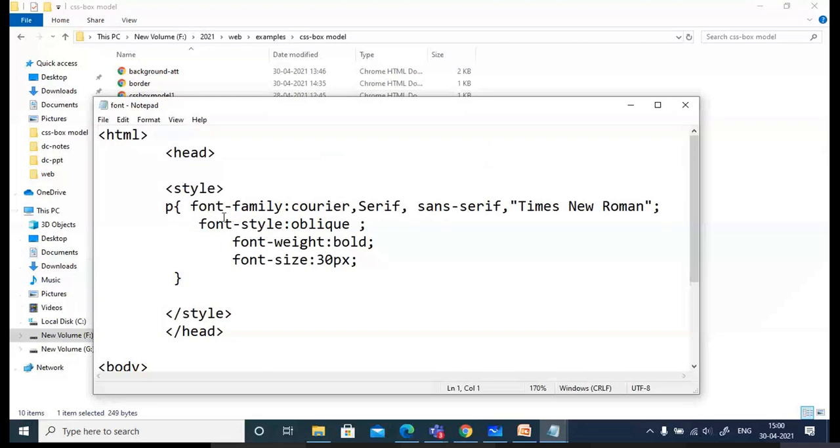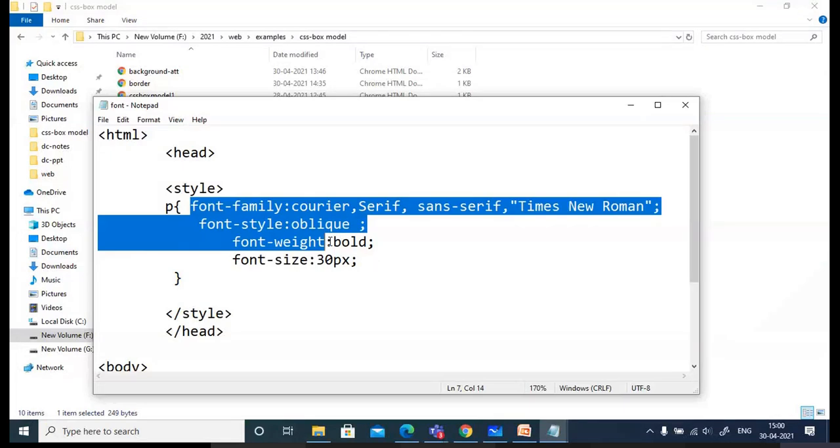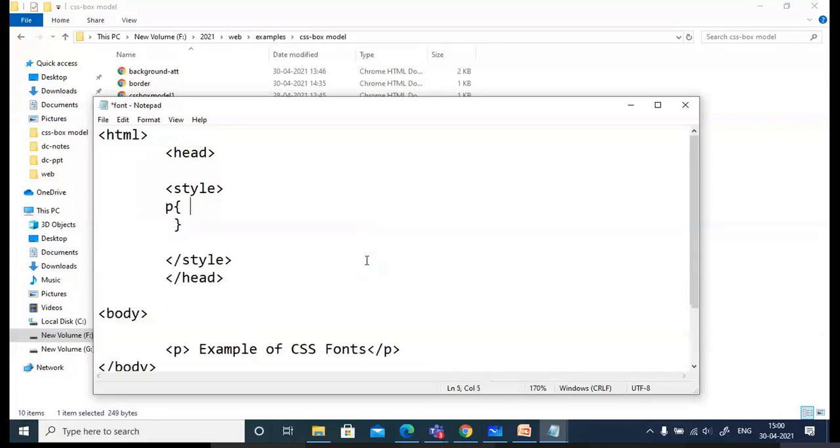But individual properties and their values is a good practice. Once you become an expert, then you can go for the shorthand method. That is, specify font colon, then followed by the style. I will represent it as italic. Give space, not comma, give space.